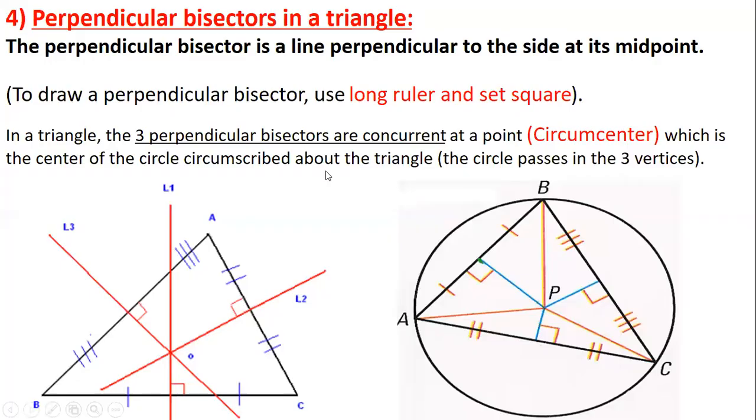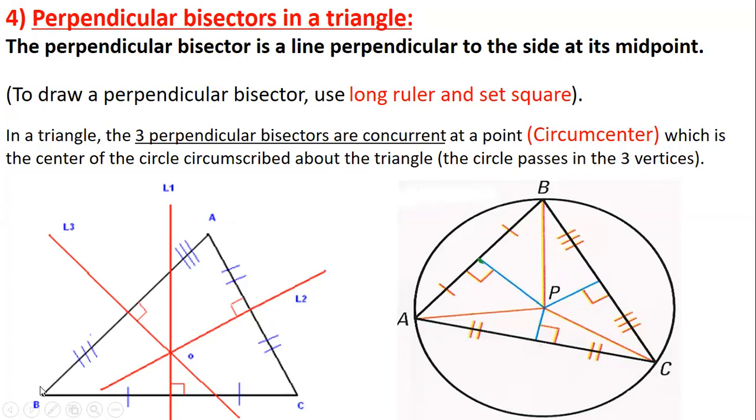The final line I'll talk about that we can draw in a triangle is the perpendicular bisector. The perpendicular bisector, the definition is it's a line perpendicular to the side or to the segment at its midpoint. So to draw a perpendicular bisector, we use the long ruler and the set square. Suppose I have a triangle ABC and I wanted to draw the perpendicular bisector of AB. What we do is we measure AB